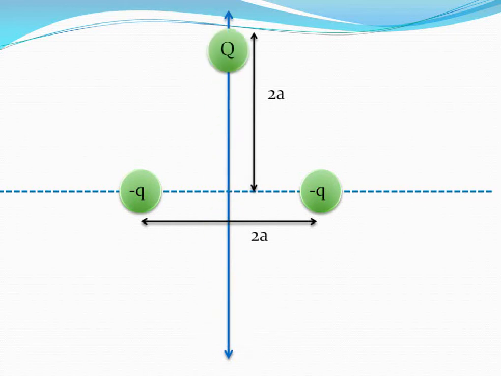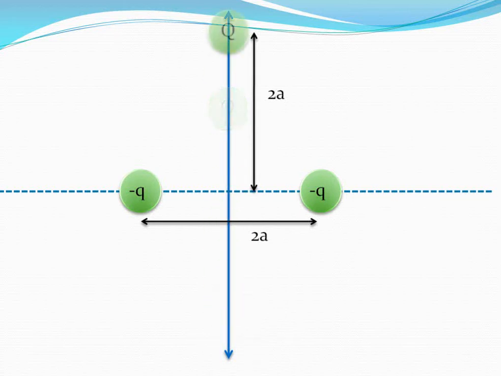As we just studied, the Q charge will clearly undergo oscillations, just as in the case that we just studied, where the -q charge was undergoing oscillations when placed on the y-axis of the +q and +q charges. In this case, the +q and +q charges that we studied have been replaced by the -q and -q charges, and a Q charge, which is positive, has been placed on the x-axis.